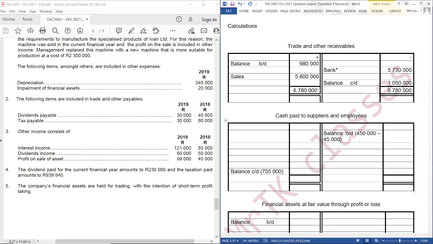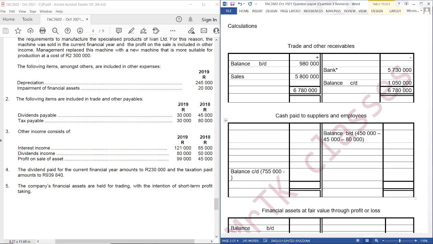We need to subtract 80,000, right? Okay, then here we need to subtract 30,000. We need to subtract 30. Okay, then